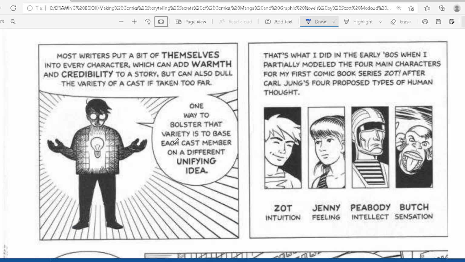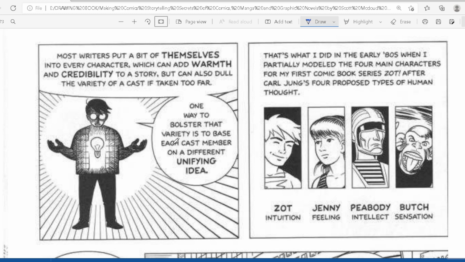Most writers put a bit of themselves into every character, which can add warmth and credibility to a story, but can also dull the variety of a cast if taken too far. One way to bolster that variety is to base each cast member on a different